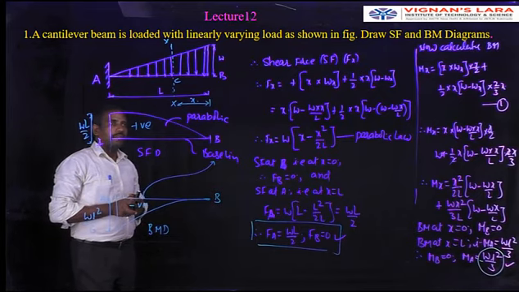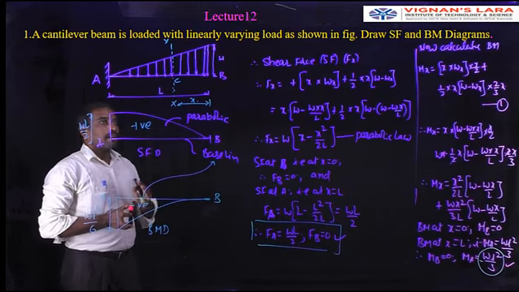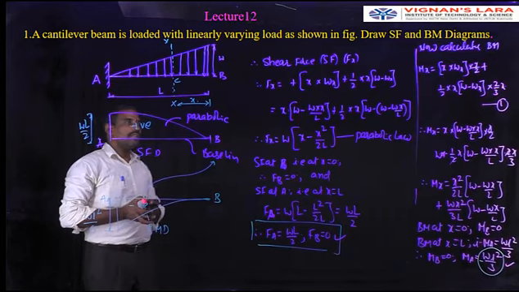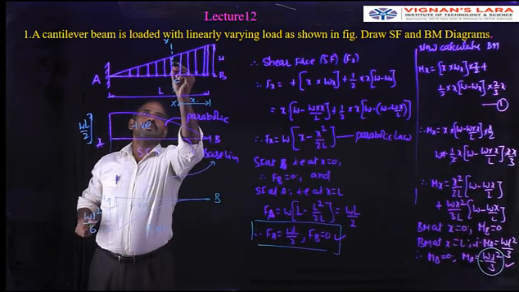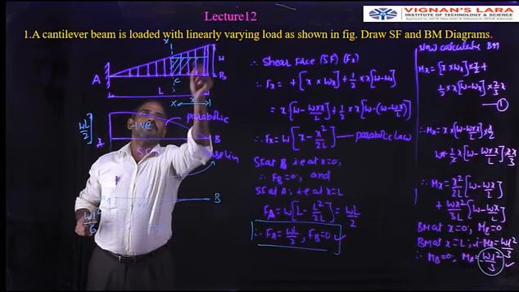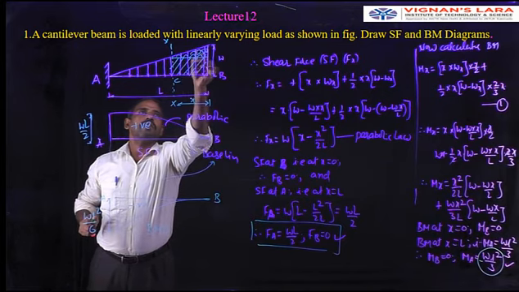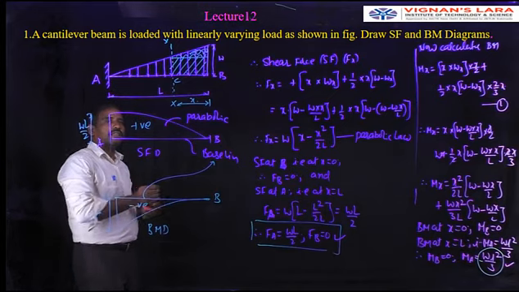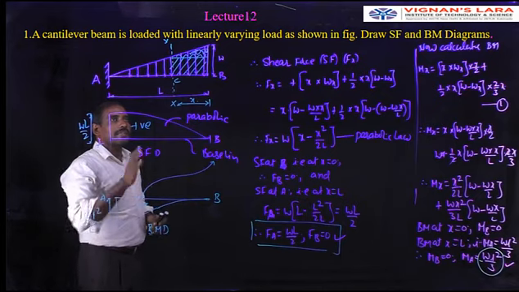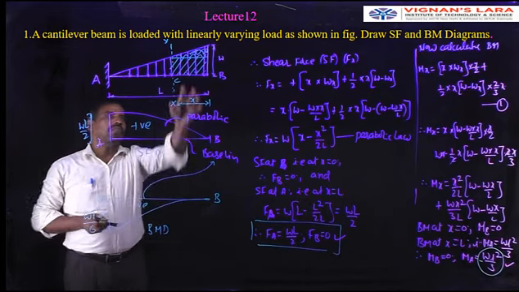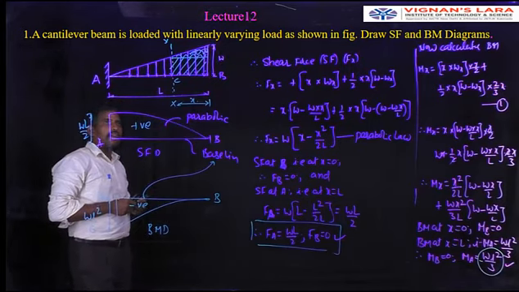Then the important point in this problem is the calculation of the shear force right to the section. It is the combination of a rectangle and a triangle. This is the rectangular portion, right? This is the triangular portion. So we have to calculate the shear force right to the section, which is in a trapezoidal shape. It is to be split up into two parts: one is the rectangular portion, the second one is the triangular portion. That is a very important calculation in this problem.